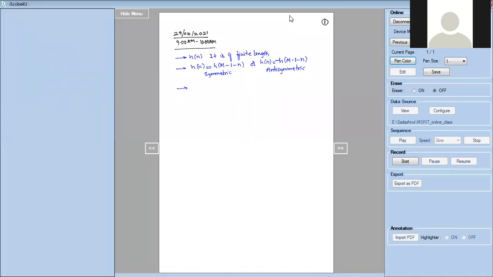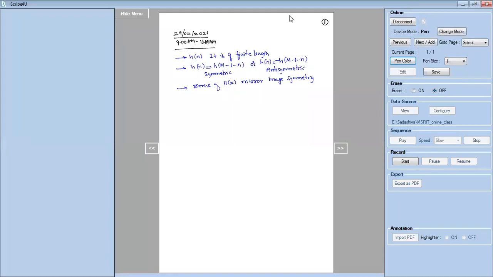So because of this symmetric and anti-symmetric nature, the zeros of h of z will be existing in the mirror image symmetry. What we mean by mirror image symmetry, that we have seen. And then